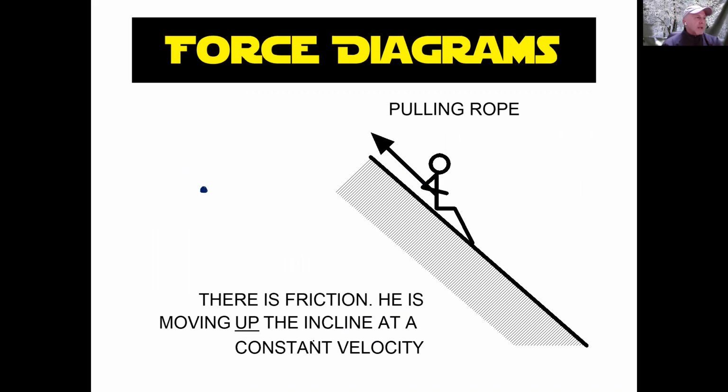So there's friction. He's moving up the incline at a constant velocity. So we know that we're pulling in this direction. You could call it the pulling force, FP. You could call it FT, tension. You could just call it F, if that's what you wanted to call it. Again, we know there's the force of gravity that's straight down. We know there's a normal force. So there's friction. So now he's moving up the incline. So we know that friction is this direction,